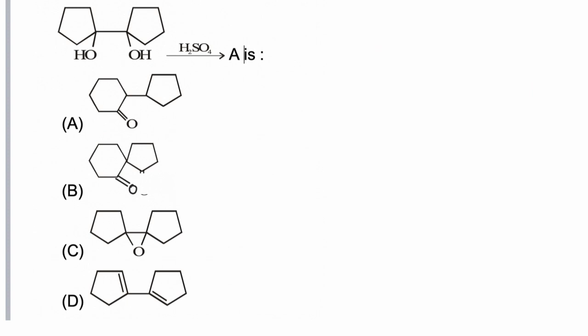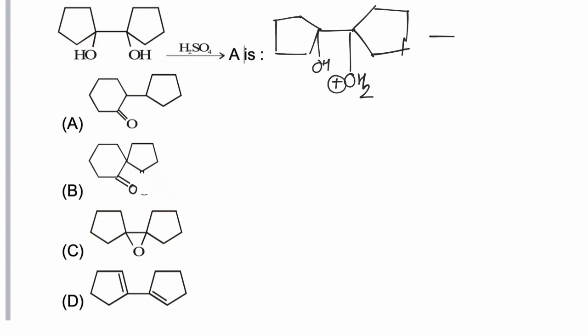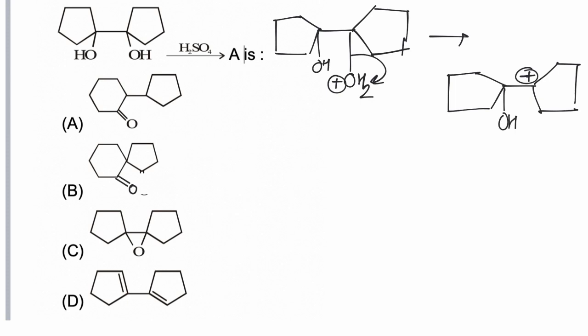In this question we have to find final product of pinacol-pinacolone rearrangement. In first step, OH gets protonated to form oxonium ion. So OH2 positive oxonium ion is formed in first step. Now water molecule is released to form carbocation. Now this carbocation may further stabilized by alpha effect of oxygen.